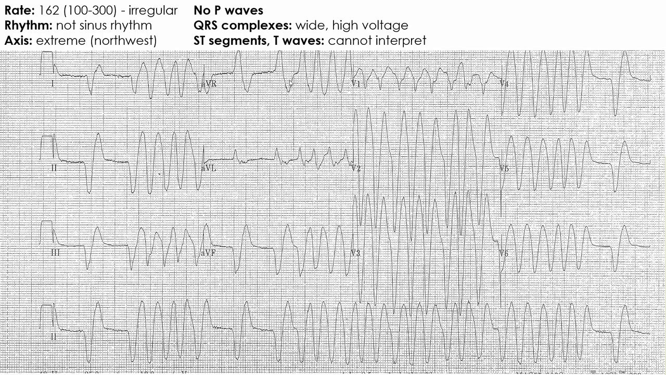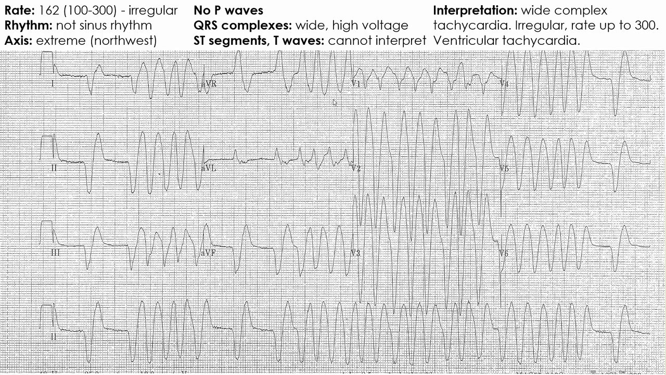QRS complexes, well, they're wide, they're high voltage. You can't interpret ST segments and T waves in this context. Interpretation-wise, it's a wide complex tachycardia, it's irregular, the rate is up to 300 beats per minute, it's ventricular tachycardia. Now,